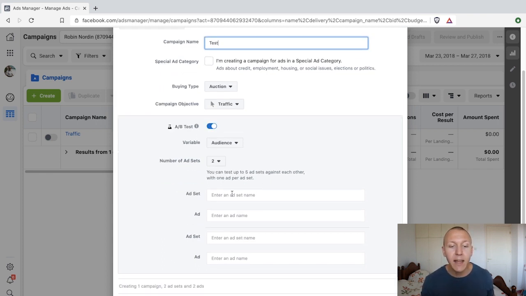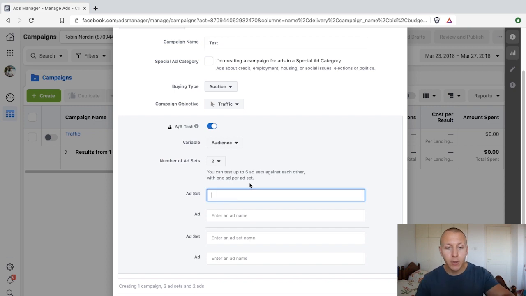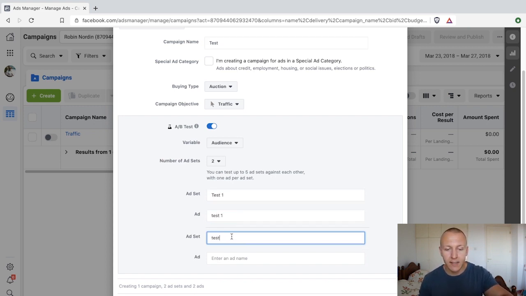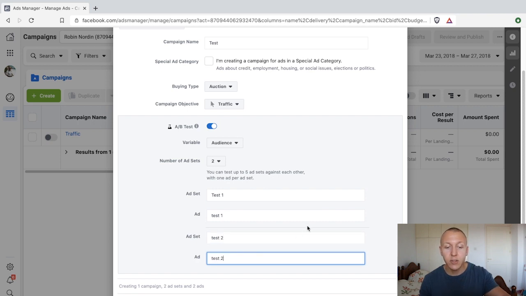And then we're going to have the ad set, right? So of course, we could just call this test 1, and test 2, right? Because we're going to be able to change these names later on as we're doing our optimization. So unless you already know how you're going to be targeting, well, then it doesn't really matter what name you